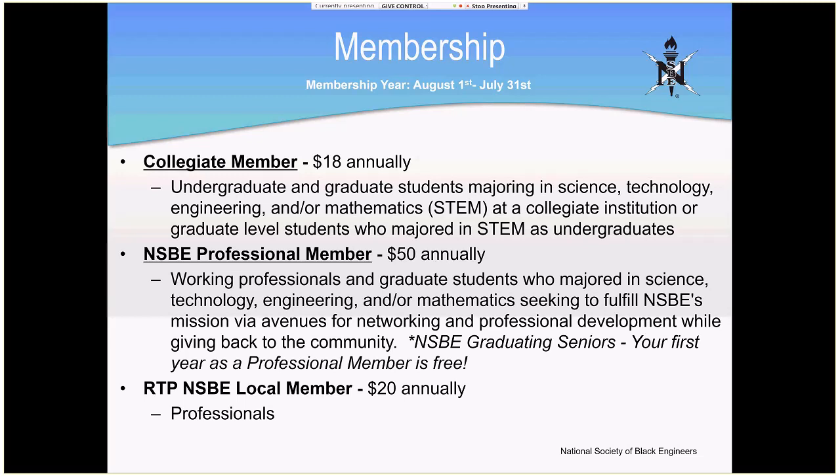That's okay. And then, as Tony said, going on to the professional membership, that's a $50 fee annually, and it includes working professionals and graduate students if you don't want to be a collegiate member. And I know it says who majored in science and technology, but we also want people who actually believe in our mission. So you don't have to be an engineer or in technology or anything like that.